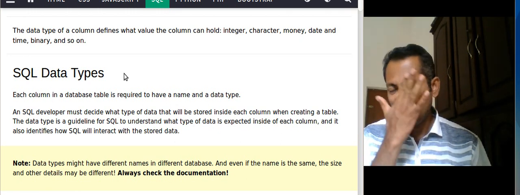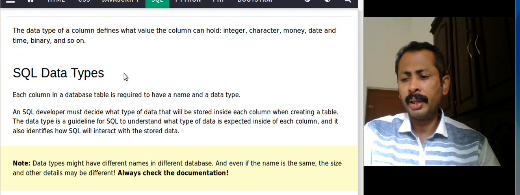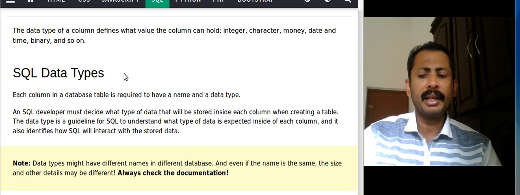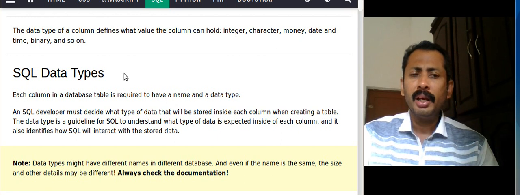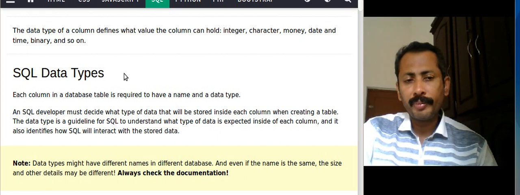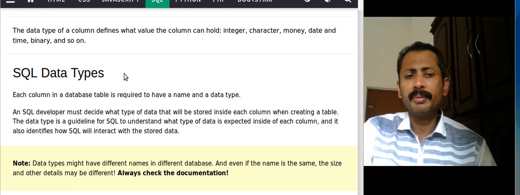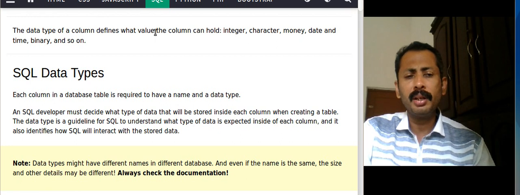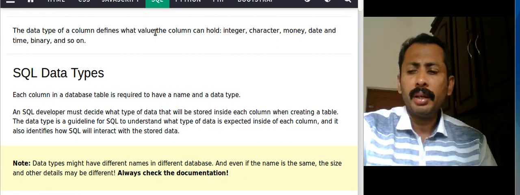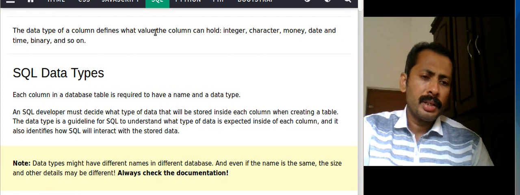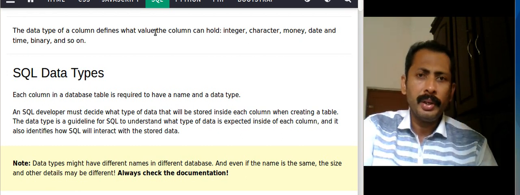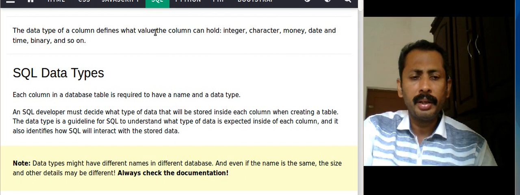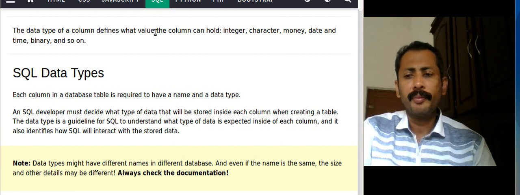In each DBMS there may be a slight difference in syntax or a slight difference in the keyword that is used for defining this type, but it looks similar. And what we need to understand is that the type should be number, text, date, etc.